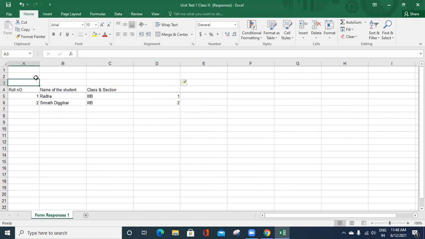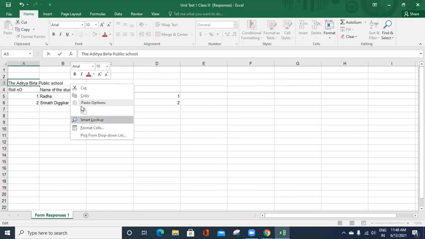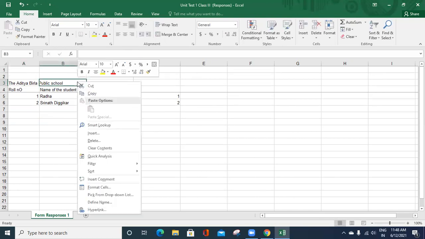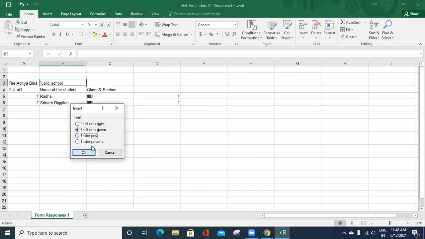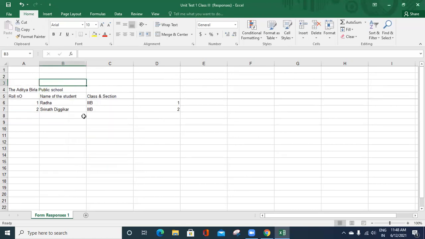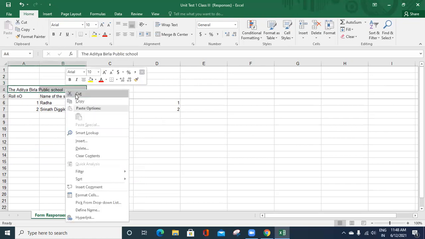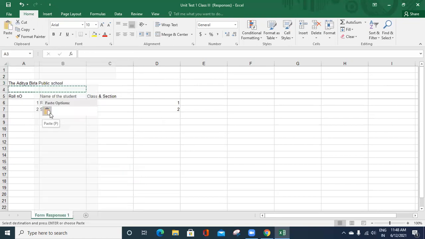Okay, so you can type here your school name, Birla Public School. Then if you want one more, you can insert one more row. Insert row, then it is going up only. Otherwise, you can cut this and paste it here.